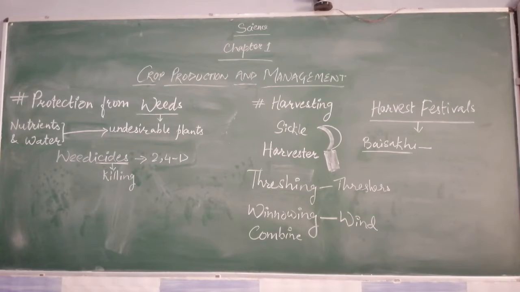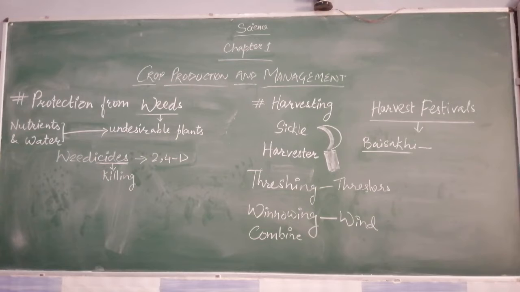Examples of weeds are all the unwanted grass and other kinds of small plants which are growing along the crops. So we have to remove them. We can remove them with the help of a khurpi. A khurpi is a traditional instrument used to remove the weeds from the farms.